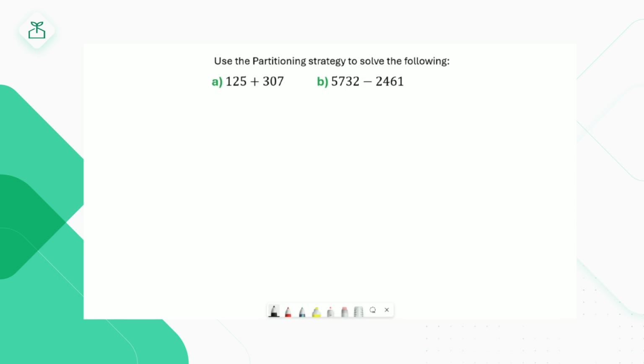Okay, let's get started. Let's start with A. So we have 125 plus 307. So we can rewrite this as 125 plus 300 and then add on that 7. Alright, you can break it down even more steps if you would like to. So if we go from 125 to plus 300, we're going to get 425. Right? And if we add on the 7, right, we're going to get